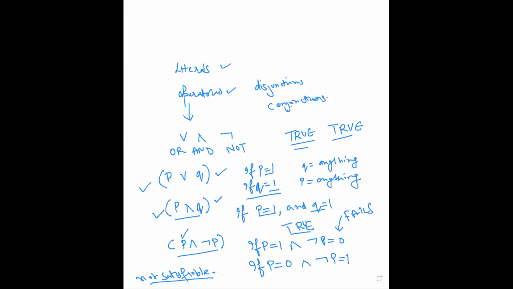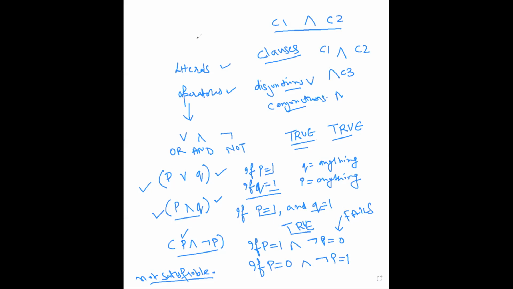Disjunction means OR and conjunction means AND. Our formula basically consists of clauses, and there can be more than one clause. There can be clause 1, clause 2, clause 3, and then all these clauses are connected with the help of conjunction, that is AND. So if you have a clause 1 and a clause 2, they will be connected to each other with the help of AND.